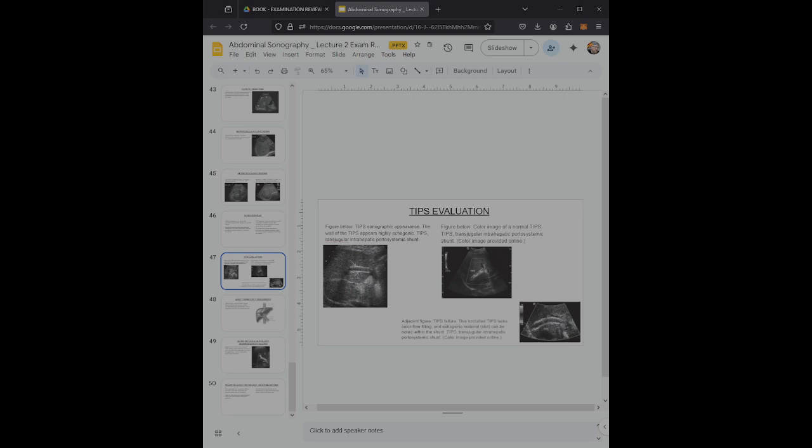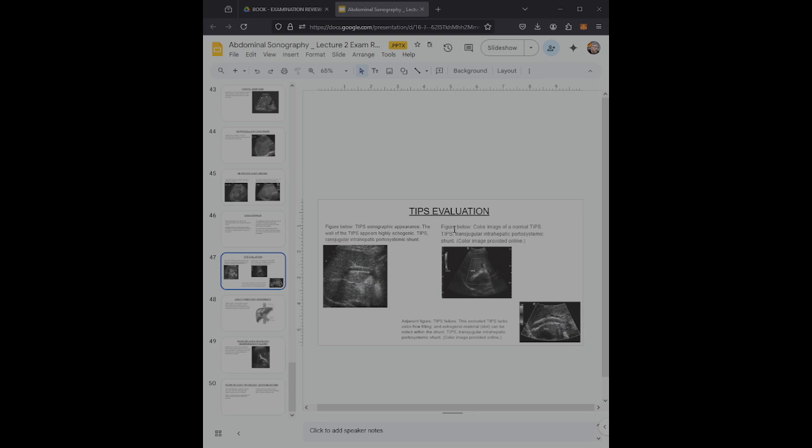So next we have TIPS evaluation, and the TIPS is a transjugular intrahepatic portosystemic shunt, and it may be inserted via the jugular vein and ultimately placed between a hepatic vein and an intrahepatic portion of the portal vein. Most often the shunt is created between the right portal vein and the right hepatic vein, and it is left in place. So we study this using Doppler,